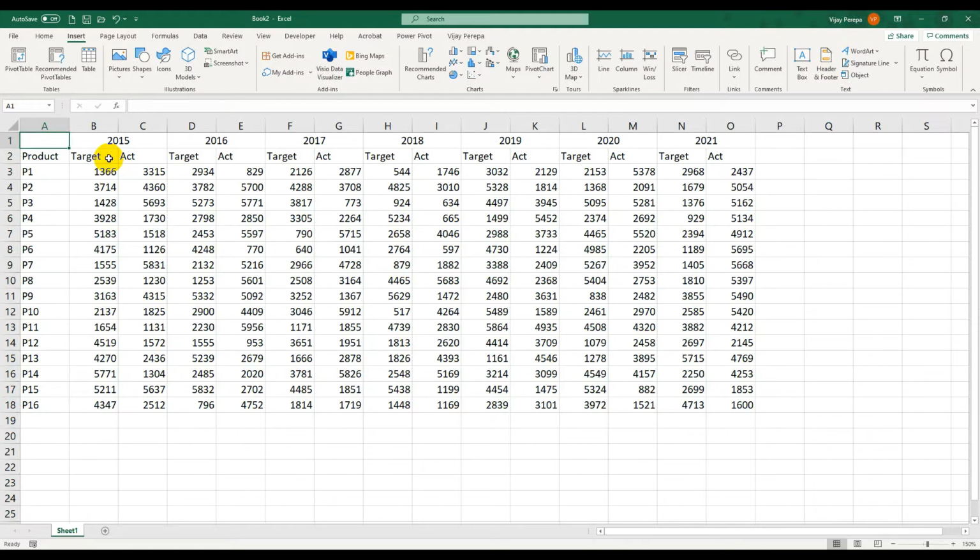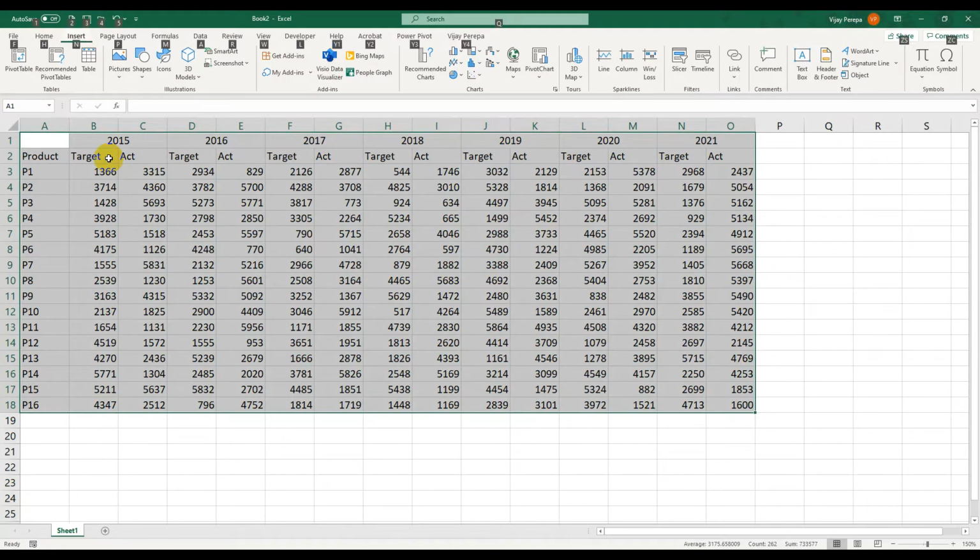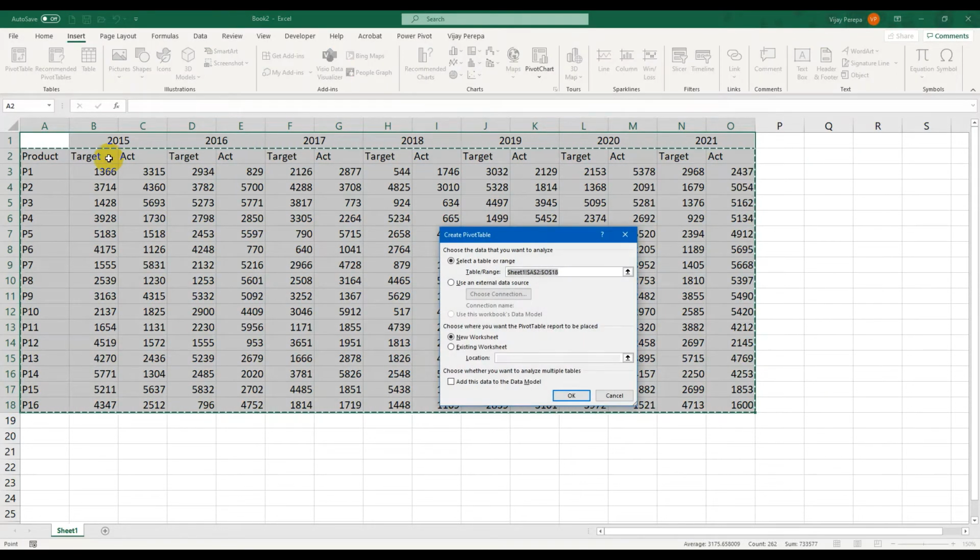First, let us see what happens when I create a pivot table in Excel. I'm selecting the entire data. And then if I press Alt and V, you can see the data is getting selected only from the second row where the complete formation of the data is proper. That means single cell and each cell has got value, no blanks. And the above row has got a blank, which is not good for a pivot table, and you have a merged cell which is not good for a pivot table.